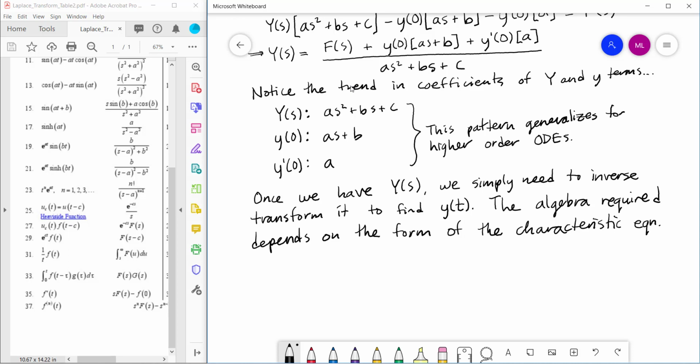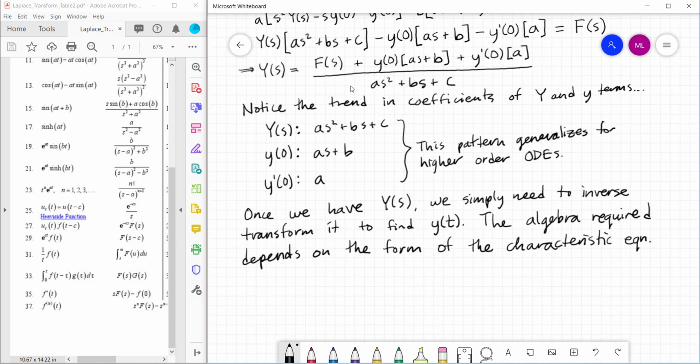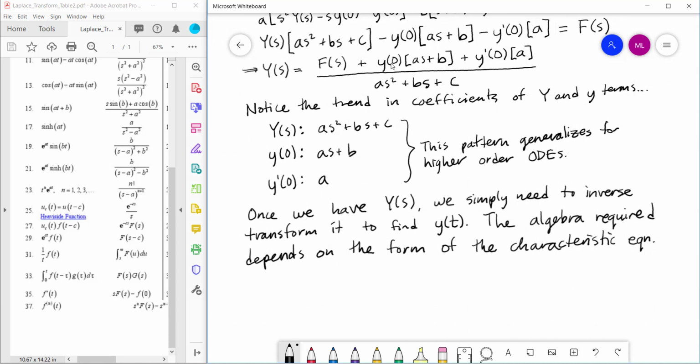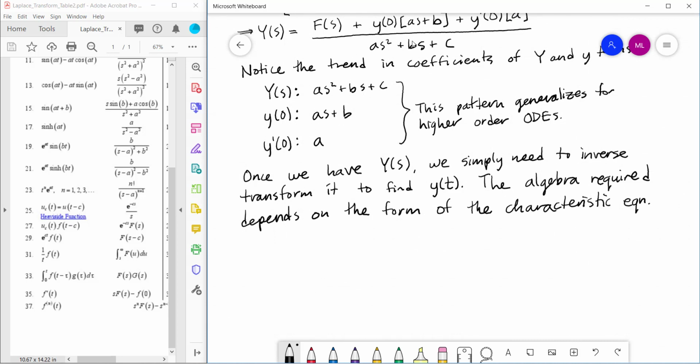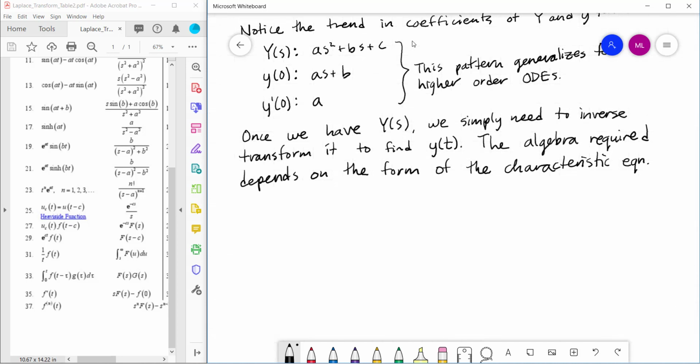So basically, if it has real and distinct roots, or if it has complex roots, or if it has repeated roots, all of that will dictate the procedure that we're going to use. And then also, it will depend a lot on the initial conditions. If the initial conditions are 0, it makes our life a lot easier because it kills off this whole term and this whole term. So when I say it depends on the form of the characteristic equation, what I mean